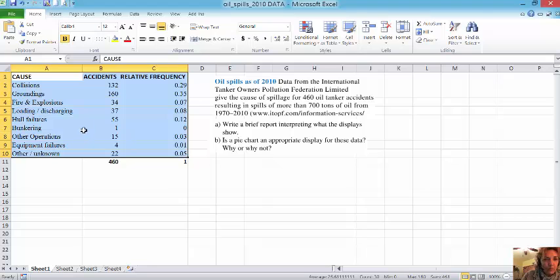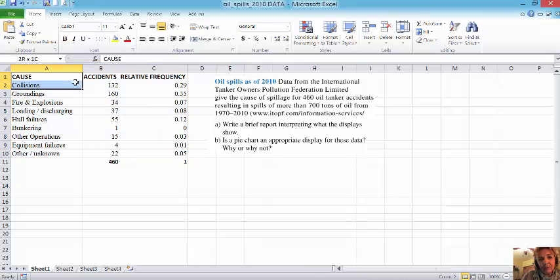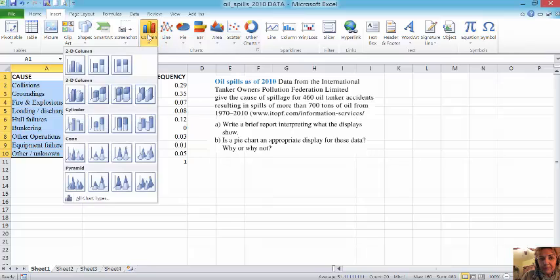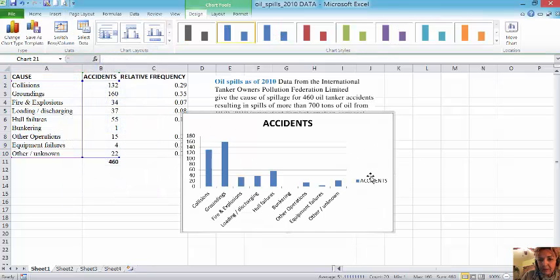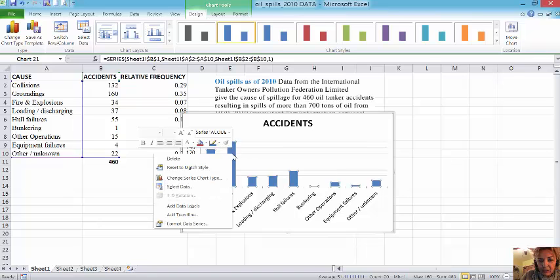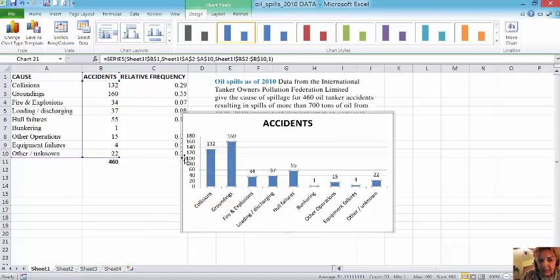All right, now I'm going to highlight and I'm going to insert column, the first one, and accidents. And if I right click on the bar, add data labels, I'll be able to see the count. Bar chart